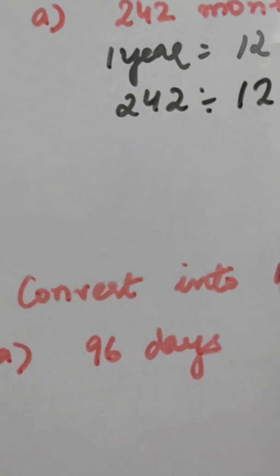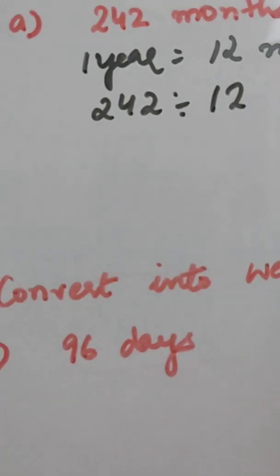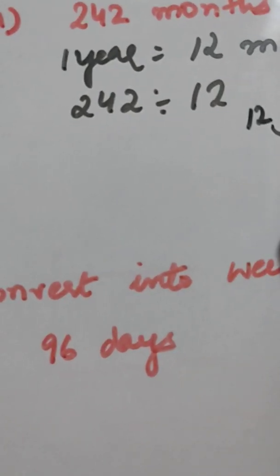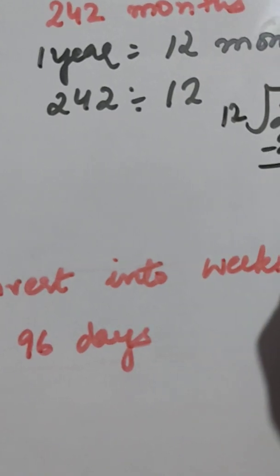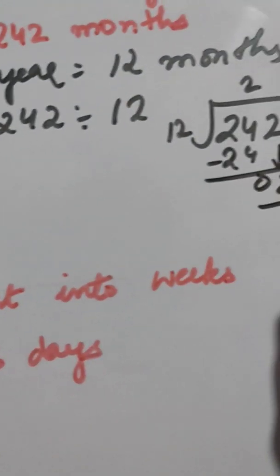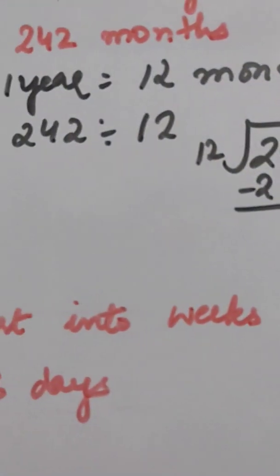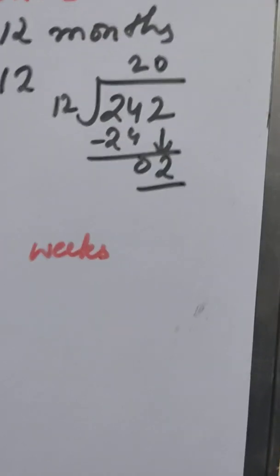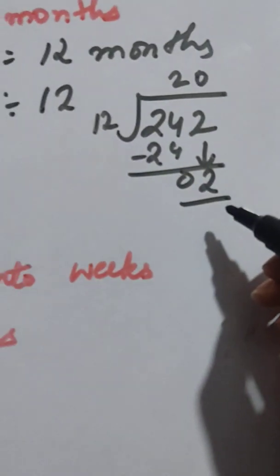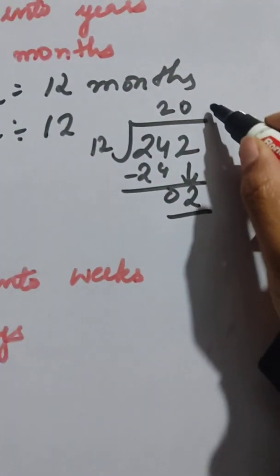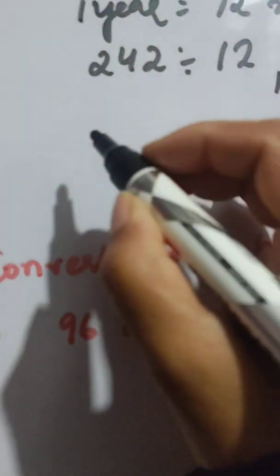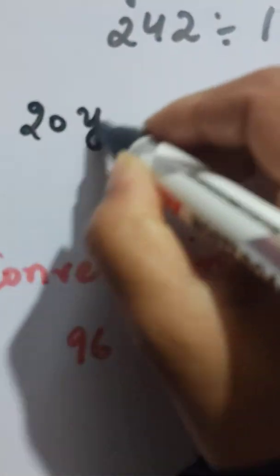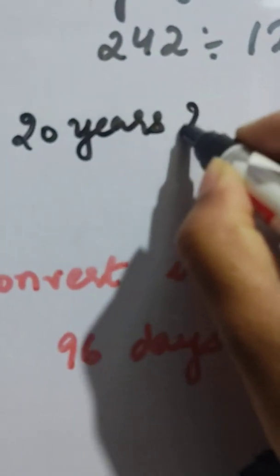Okay, I'll do it here. So 12 2s are 24. So carry करने के बाद अगर कोई नंबर रिमाइंडर बचता है then you are going to put the 0. Okay, so this becomes 20 and 2 is left. So जो ऊपर question है that is going to be the bigger unit, that is 20 years and 2 months.